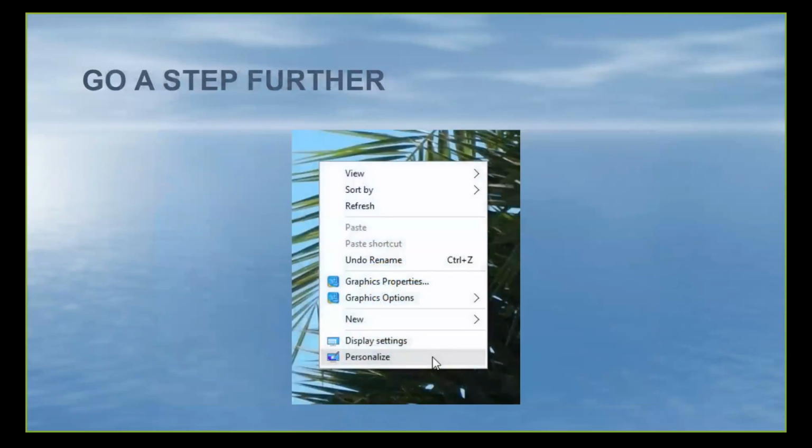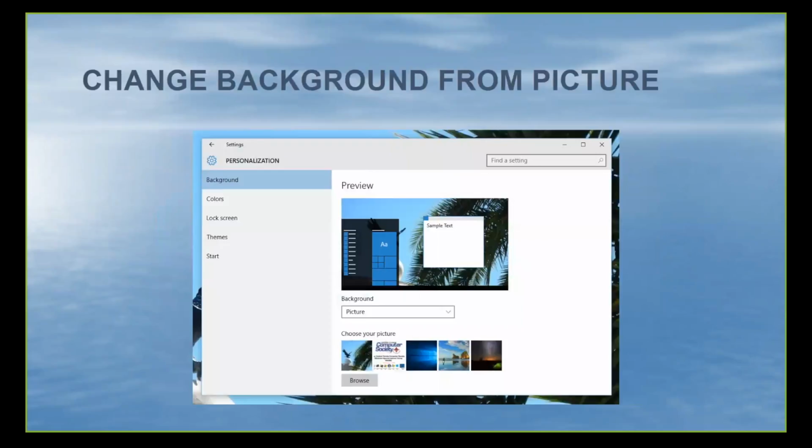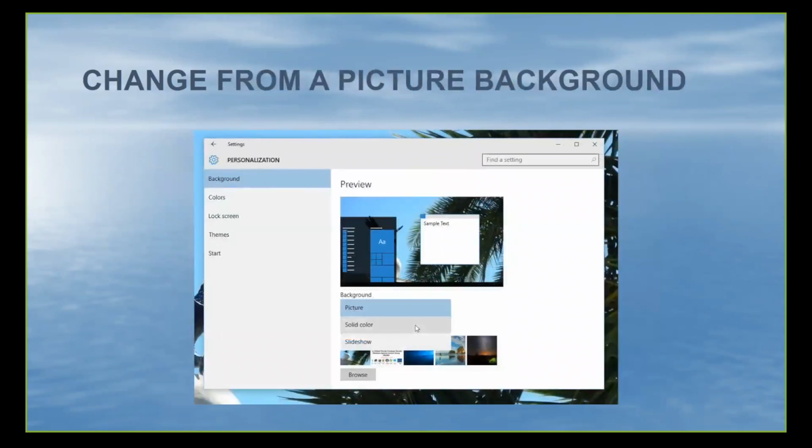So probably what you might want to do then is go into Personalize by right mouse clicking anywhere on the screen, and then at the bottom it says Personalize. When you click that, it'll open up the settings for personalization. Notice in the center, under preview, it says Background, and I've got Picture. And you can have, by the way, any picture that you would like as your background simply by going to the Browse button and bringing up a picture anywhere on your computer and accepting that as your background. However, if you're doing a presentation, what you might want to do is, instead of doing the picture, click on that